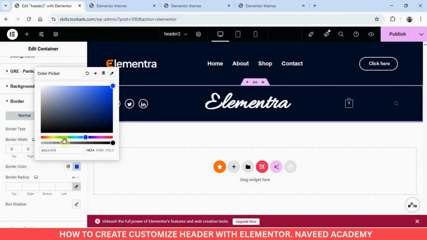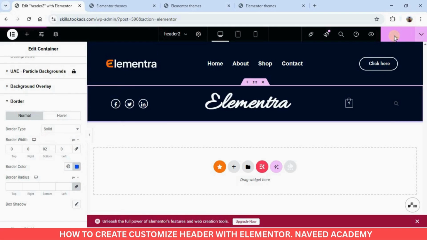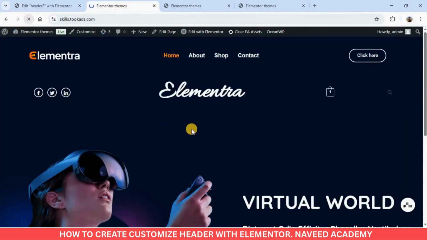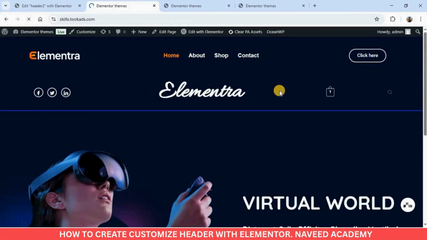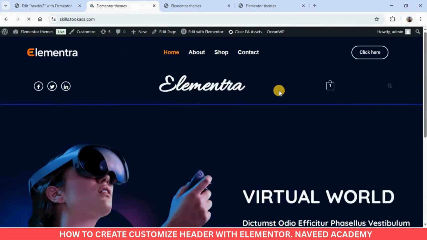After setting, we also need to make it transparent to some extent. After that, click here on publish. Go to preview page and refresh it. So in this way, we can create a customized header like this with Elementor.